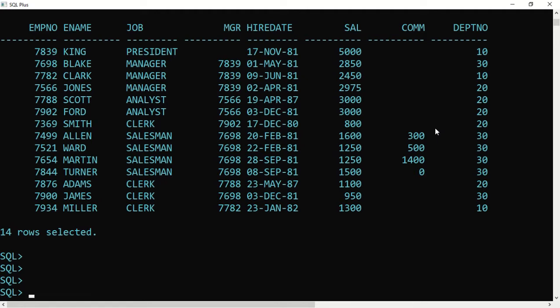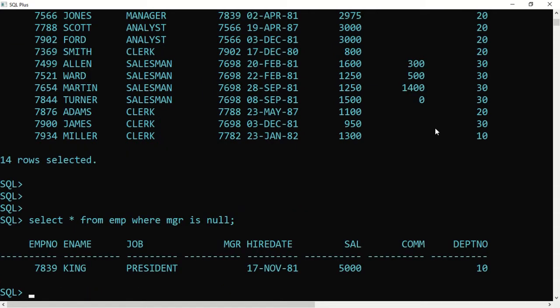We say select star from EMP where MGR is null, semicolon, enter. This shows King is the president of this company, the big boss of the company, because his manager column is null. There is no manager for King.